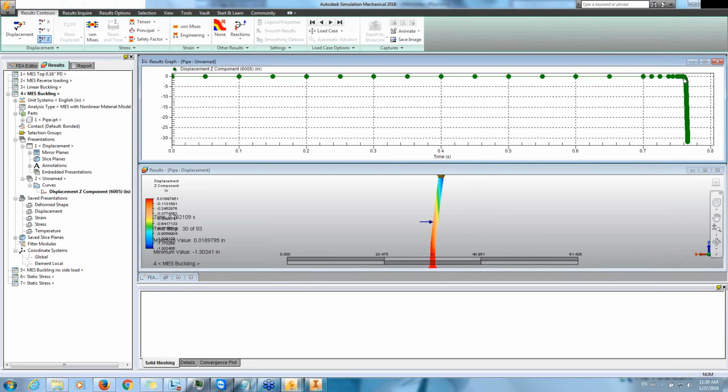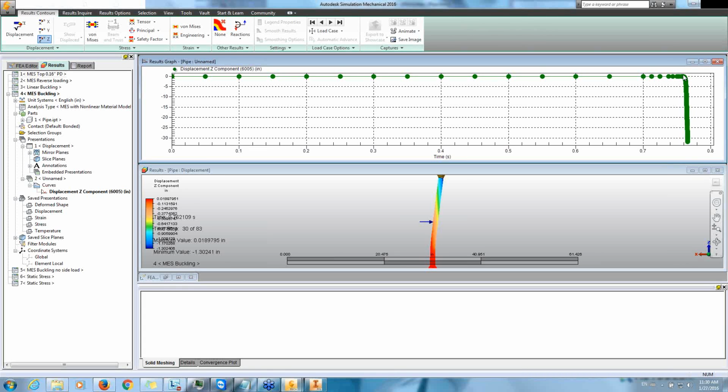So that load caused it to buckle a little earlier than it normally would have, which is a little over 0.8. And that's good. You can see how applying a secondary load can influence the buckling behavior, which you may or may not want to see. And in some cases,